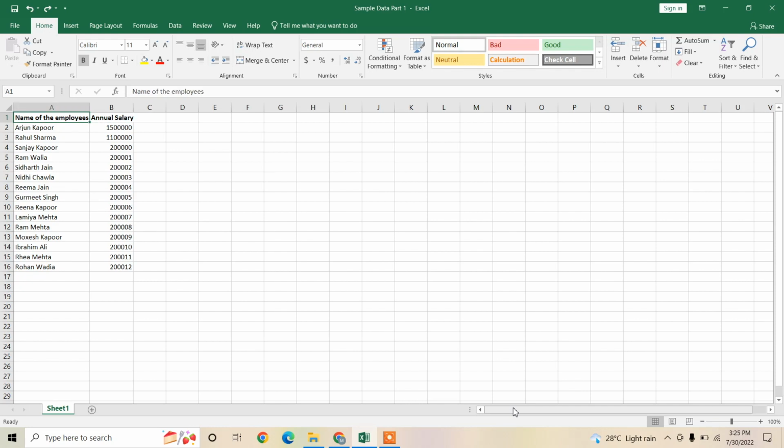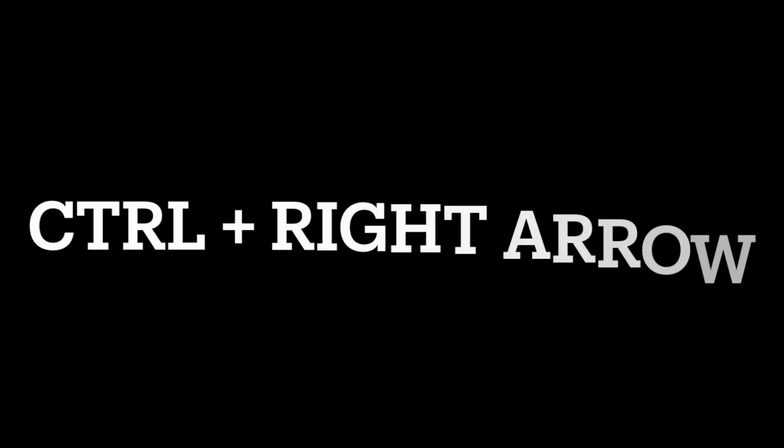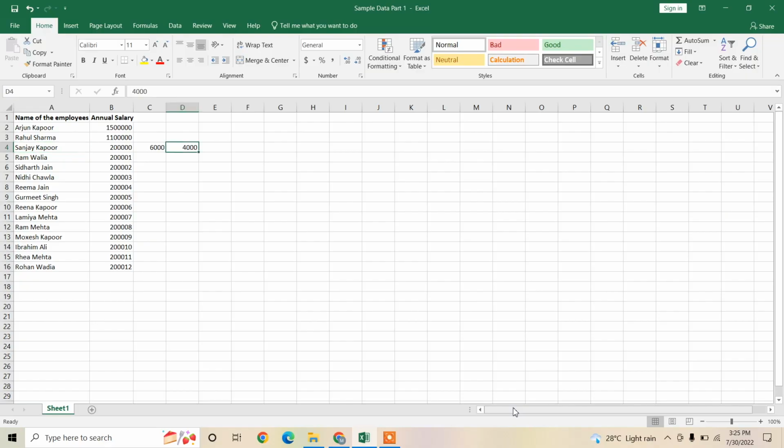Now there's one more shortcut which we can use to move from a cell, say on row number 4, that is from Sanjay Kapoor. If I have to go to column B, then I can use the right arrow key. Instead, if suppose for example there's any data, now from Sanjay Kapoor I have to straight away come to the cell D4. Then the shortcut key that I'm going to use is Ctrl right arrow key. Again, if I have to come back to Sanjay Kapoor from 4000, then the shortcut key that I'm going to use is